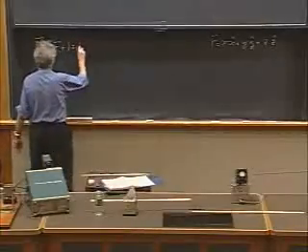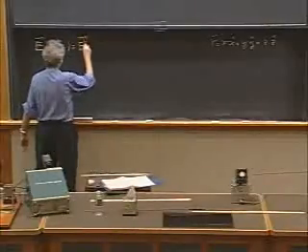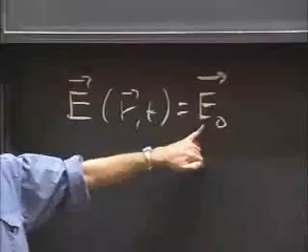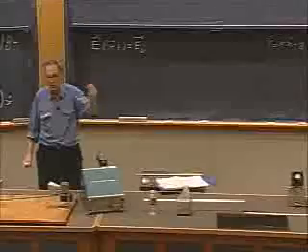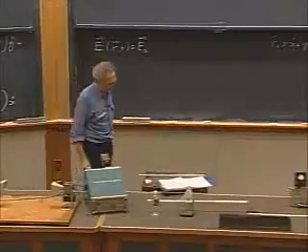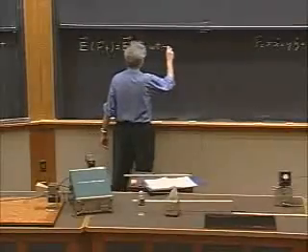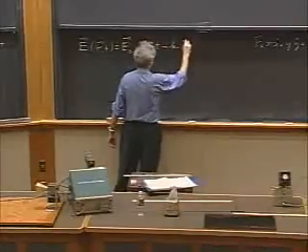And now E0 is a vector. It's not in x or y or in z. It is in 3 dimensions, so this E0 has an x component, a y component, and a z component. And now I can write down here the cosine of omega t minus k dot r,